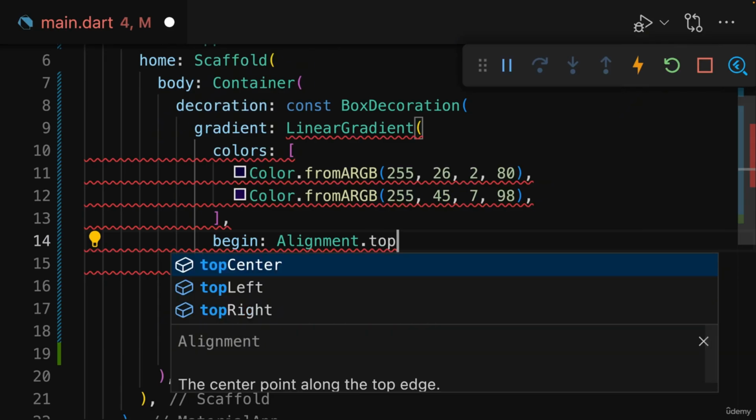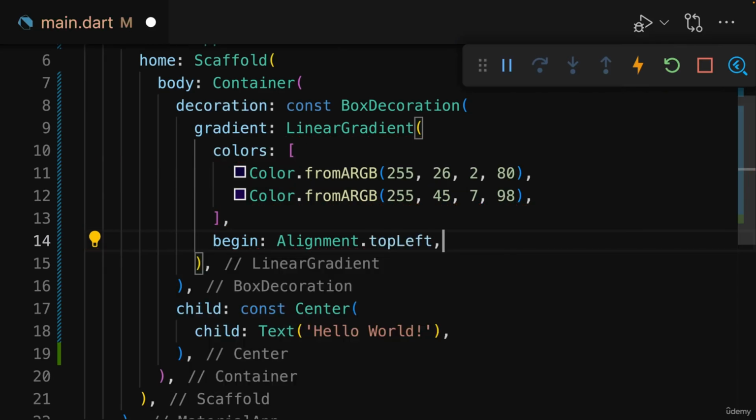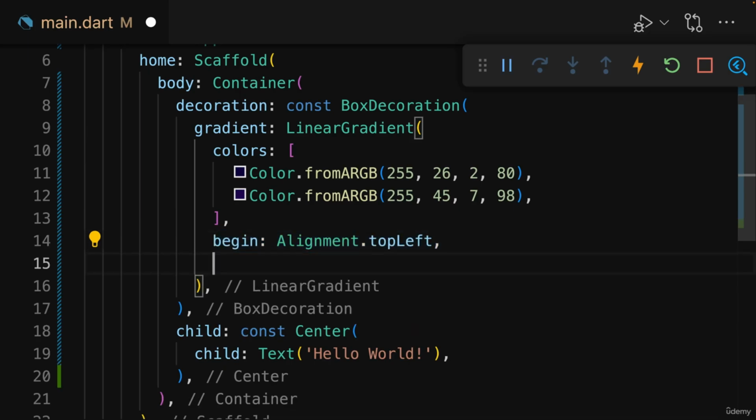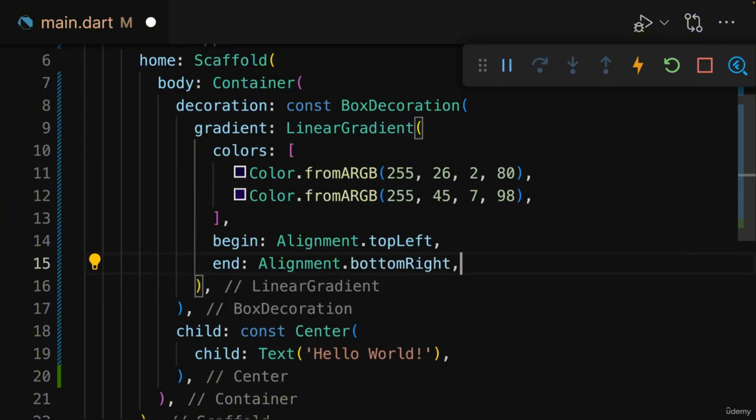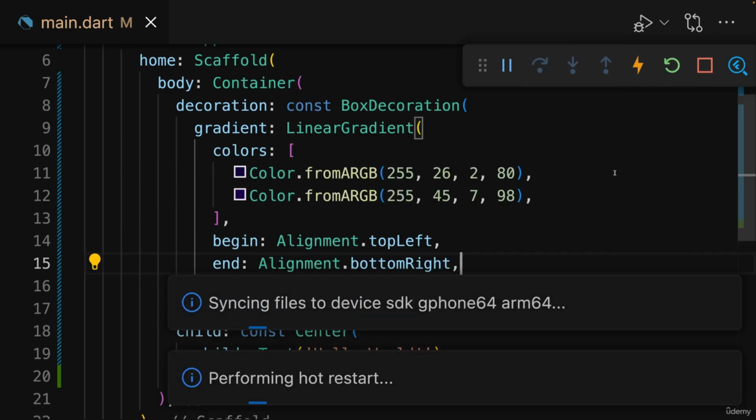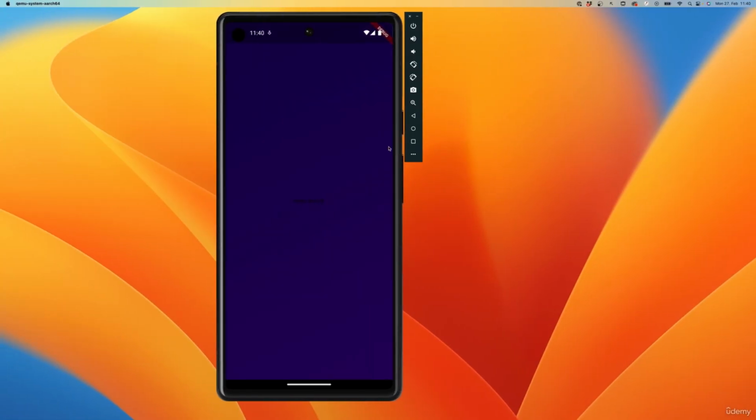And you, for example, also have top left, which is where I want my gradient to begin. And I'll set the end argument to alignment bottom right. Also add a comma here for proper code formatting. With that, if we save this and make sure this is applied, the gradient now indeed goes from top left